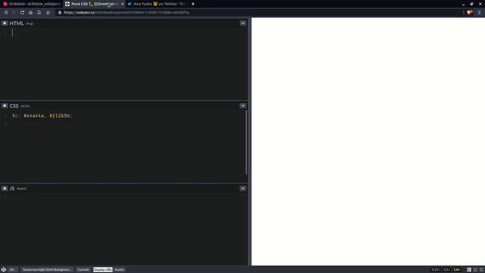Okay, so we're going to start with an n by n grid. So let's say we're going to have n = 16, and this is going to be the number of rows and the number of columns, and the total number of cells is going to be p, n times n. Okay, and now within a grid element, we're going to have a loop. So for let i going from 0 all the way up to p, increment this i and create these box